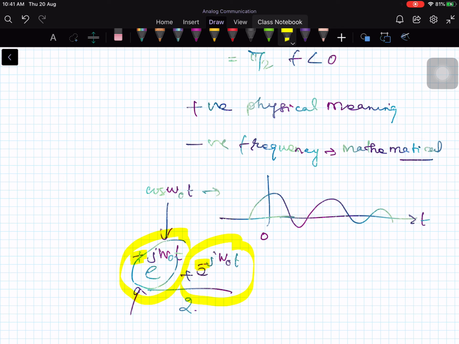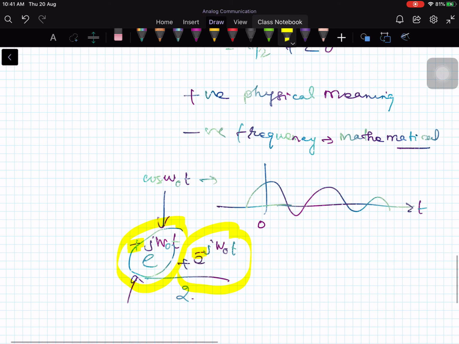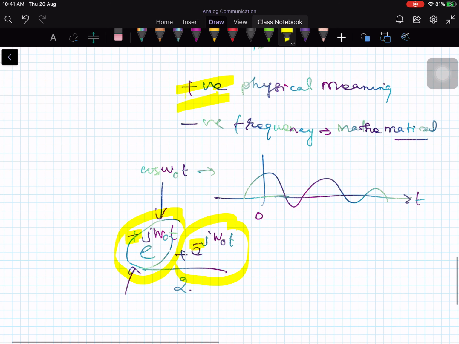Therefore, whenever you take a real signal and convert it into complex exponentials, or take the Fourier transform, or analyze in the frequency domain, it always comes in terms of a pair. One is positive and another is negative. Therefore, when I say positive frequencies, it has meaning. It has physical meaning. When I say negative, there is no physical meaning for that, but it is simply a mathematical notation, that's all. Because in mathematical form, a positive exponential alone will not occur.